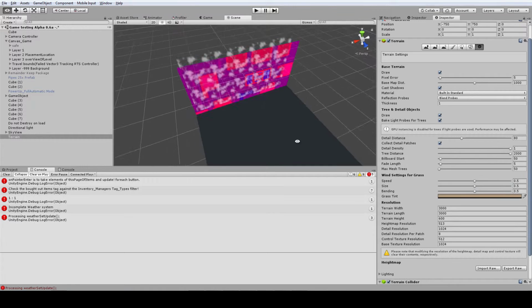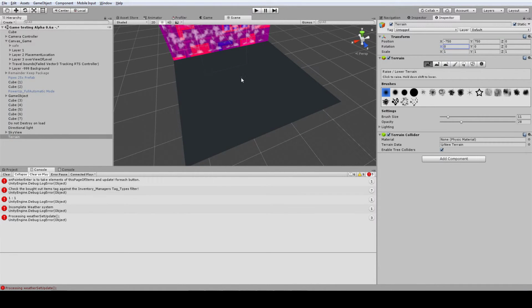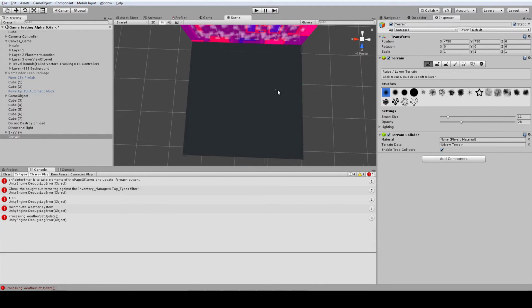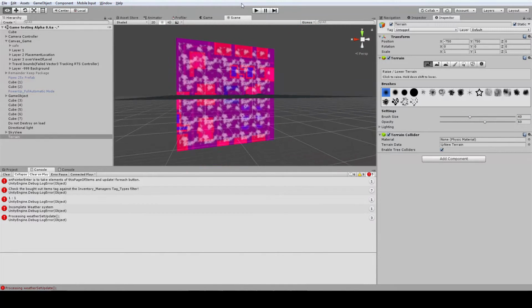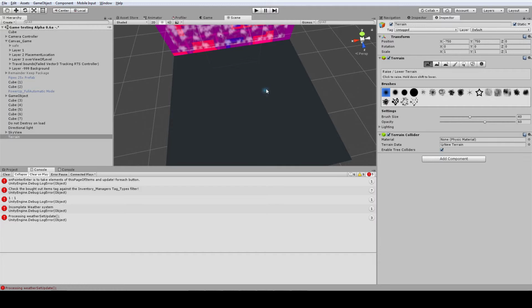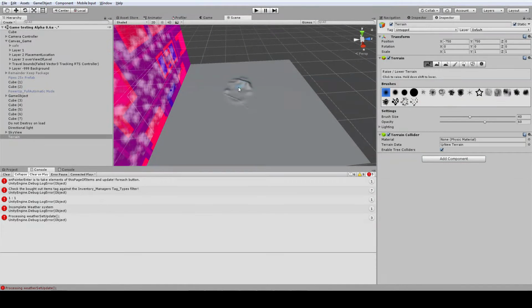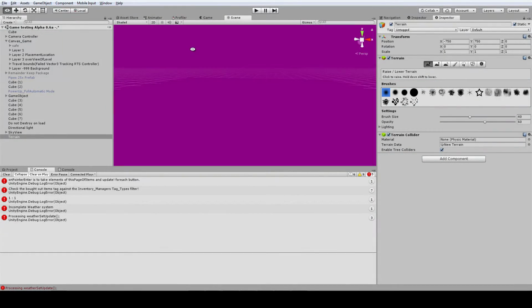But this terrain is what I'm going to be working with, and I'm going to end up having height in the terrain, which is going to allow us to put in some detail, which is going to be cool. So I'm going to change the opacity and just see if I can get some terrain going. I don't even know if this is working. Yeah, it's working. It's just the skylight stuff. So there we go. That's how the terrain starts to look, and I'm going to be using that on the top layer,